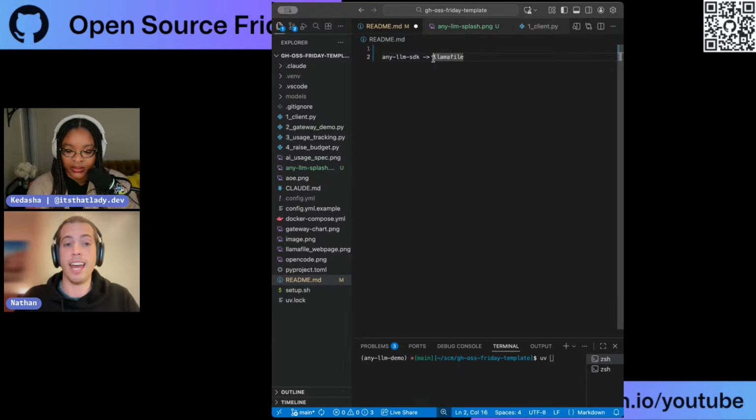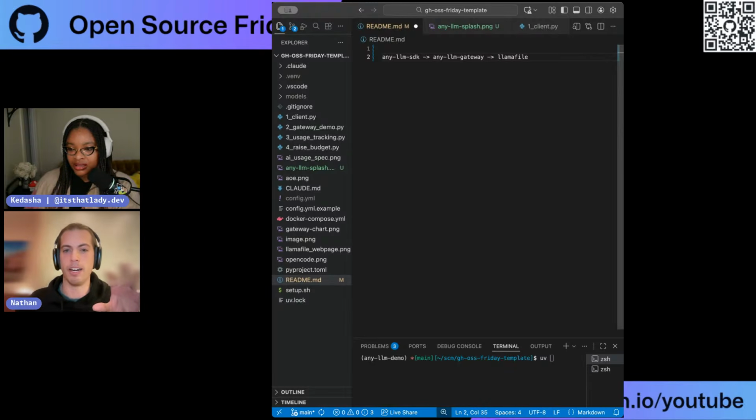Nice. Then that's all going to go perfectly and nothing is going to go wrong. And then we're going to add another level of complexity. I'm going to show you how we have another open source project called the any-llm gateway that can sit between the Python library and the model provider to help give enterprises or even you an easy way to consolidate how you're managing your API keys and how you're giving users access and tracking their usage. Okay, so that's where we're going.